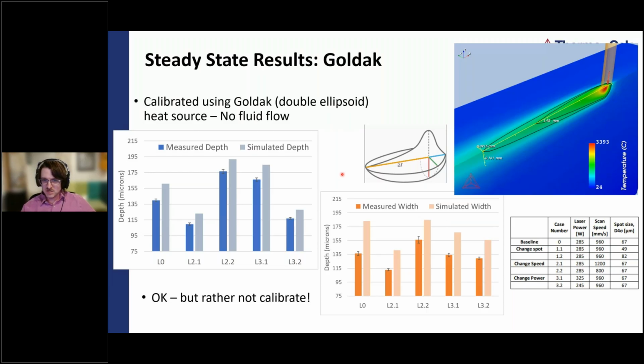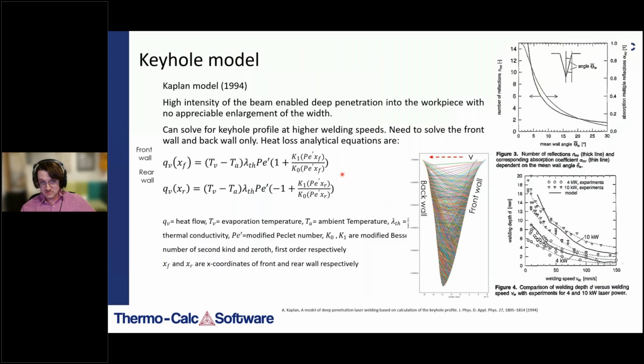We want to be as predictive as possible without calibration. So that led us to development of a keyhole model. There's a nice paper by Kaplan out there. Again, too many equations for me, but I think all you need to know is that there's an analytical keyhole model